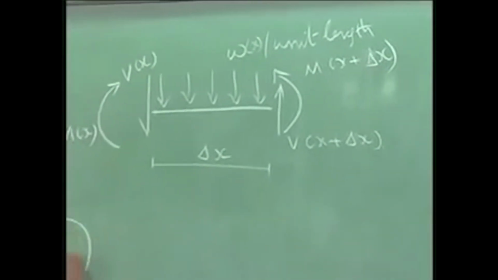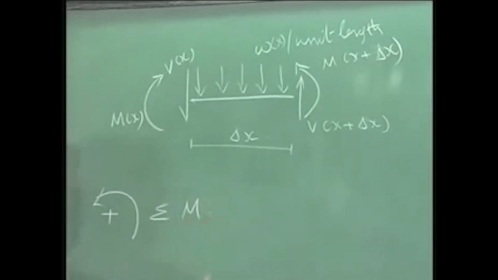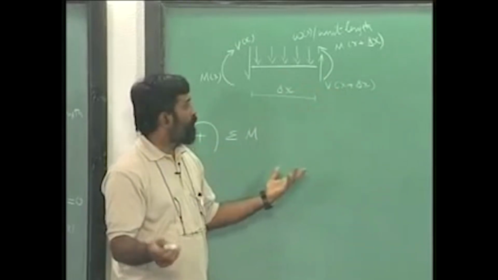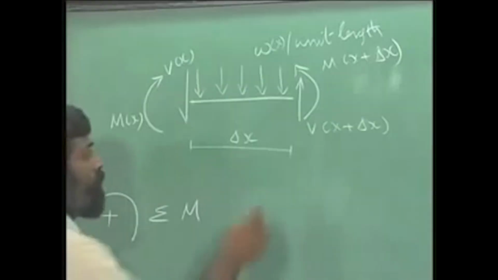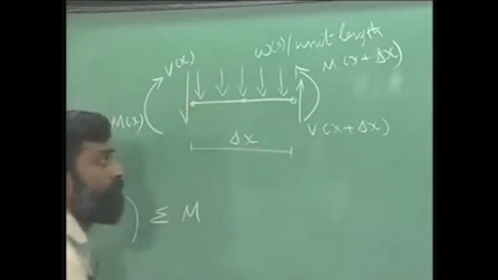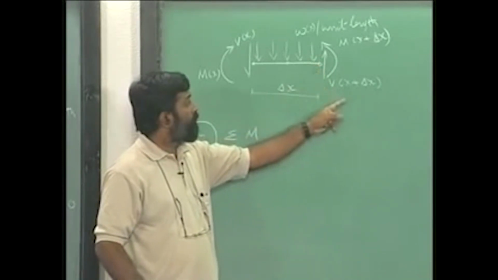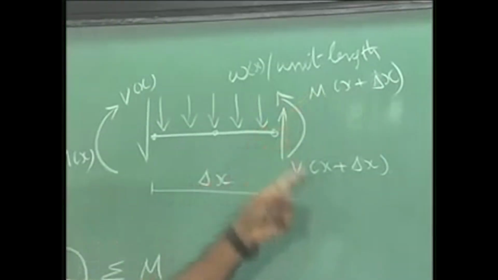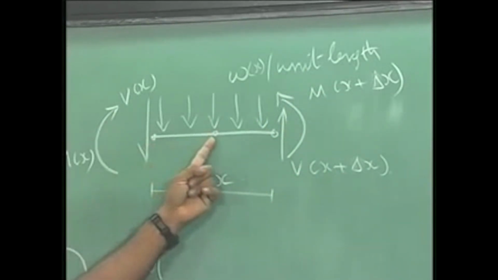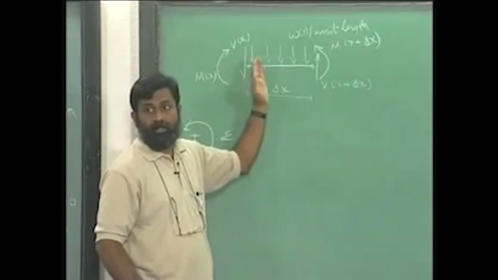Now we seek to find the moment equilibrium at a particular point. Which point is better to choose here? We will choose one of those points. Shall we choose a point here, or a point here, or a point here? If I choose a point over here, I will not have this shear force coming into picture. If I choose a point over here, remember this particular load is equally distributed